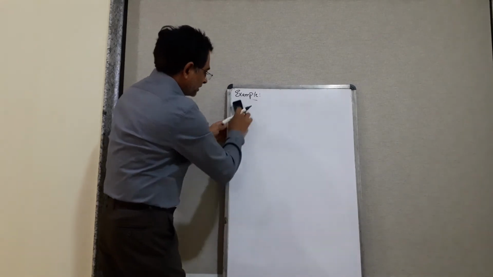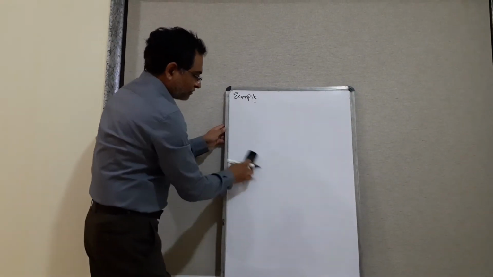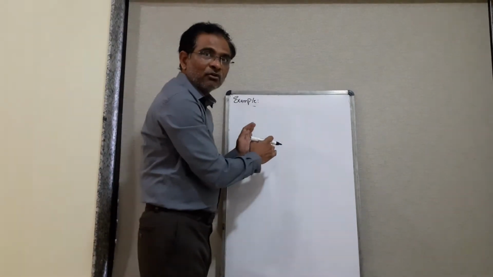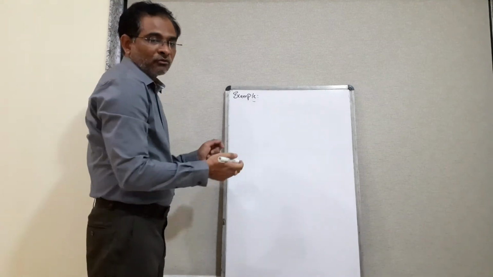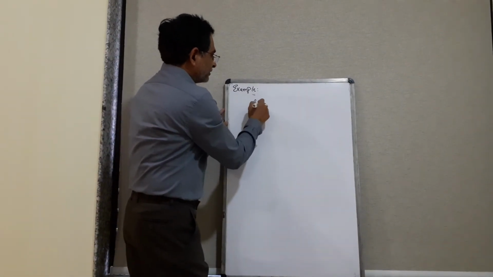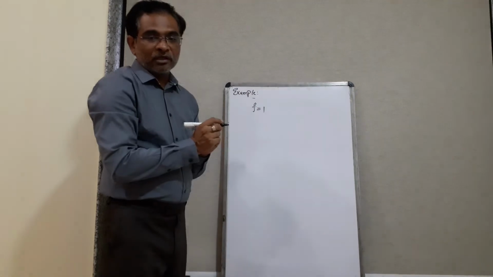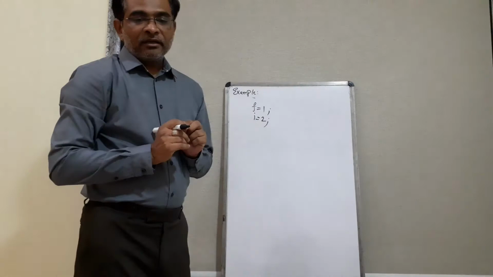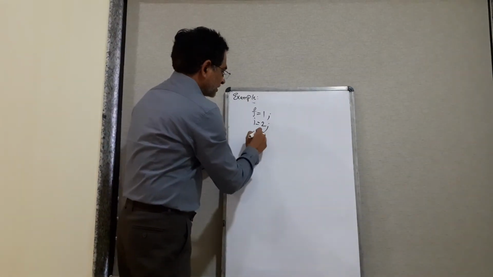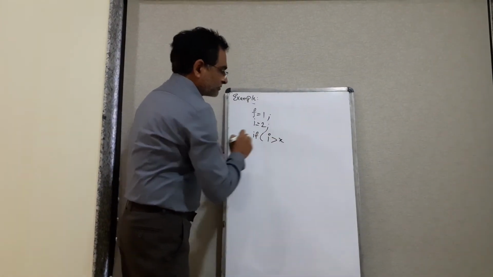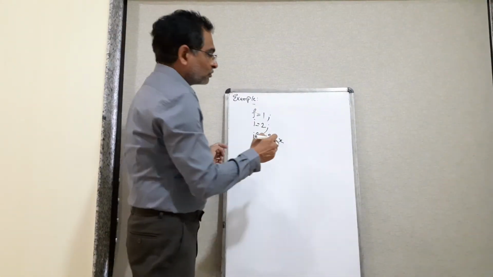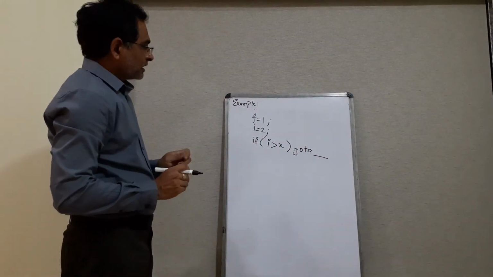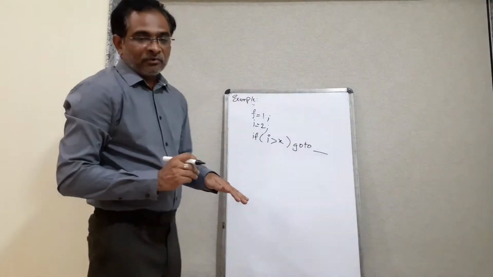Please note it down, and at the same time you need to see what the intermediate code would be. Just write it on one side the C high level code and on the other side the intermediate code. So what would be the intermediate code? Let's say f is equal to 1, then the initialization was i is equal to 2. What else was required? If i is greater than x, what was the condition? It has to go to something, right? Let us keep it on one side, and then we'll finish up all the remaining things.